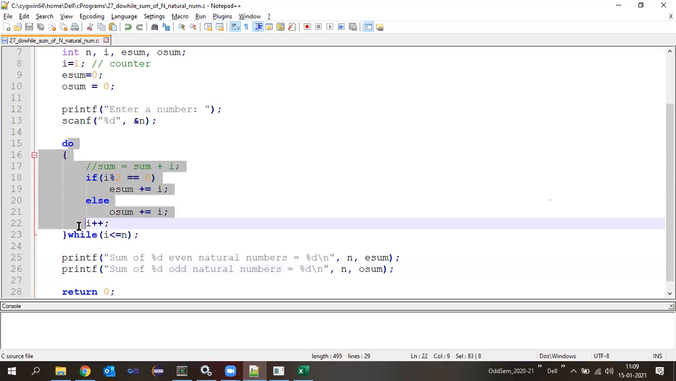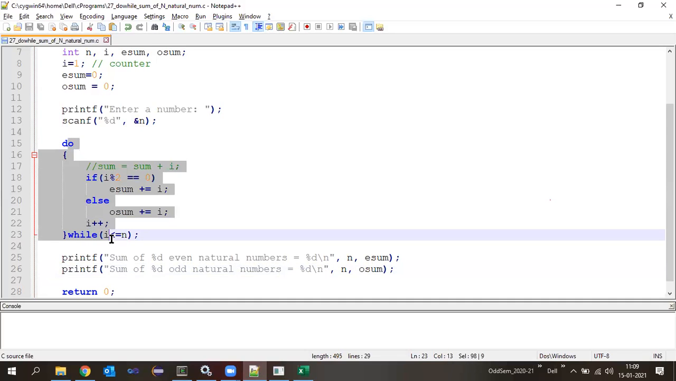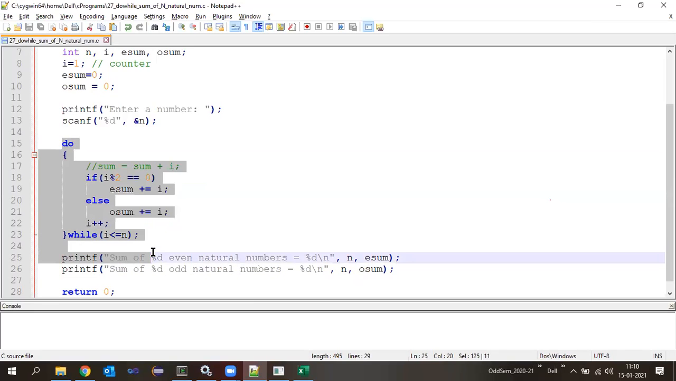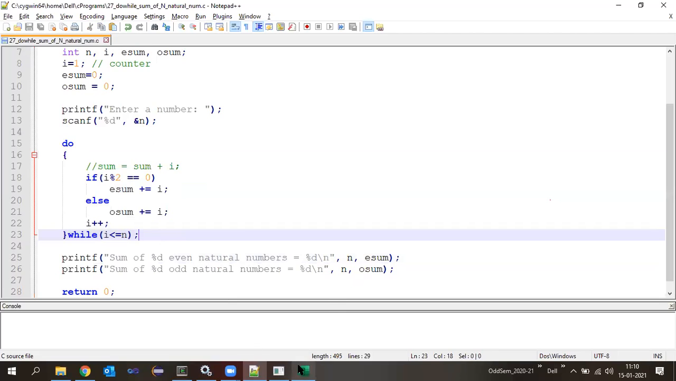The do while statements remain almost the same, but here and there only one particular logic changes. We just added one more control: if that particular number is odd, then add it to the odd sum. If the number is even, then add it to the even sum. If this particular program, the even as well as odd sum, is not understood, do let me know. In the next class we can just